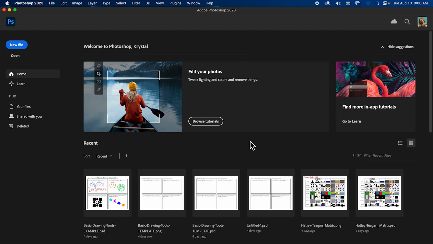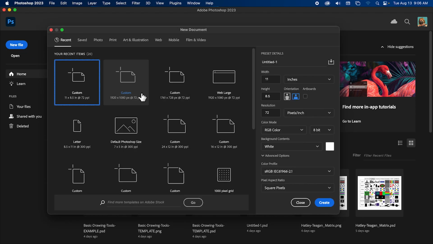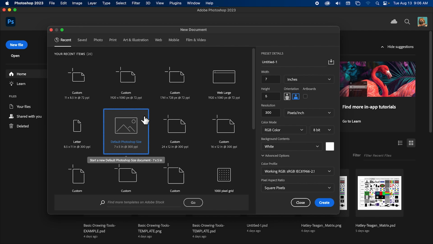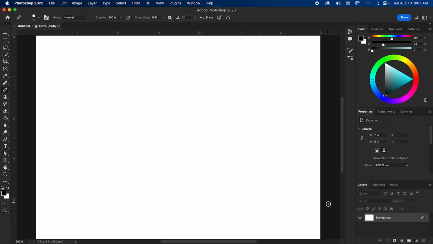All right, class. I would like to briefly go over some of Adobe Photoshop's UI, or user interface, before we get started with any of our more complex things. So I'm going to go ahead and just make a new file. All the default custom things, none of this really matters at the moment. We're just going to be looking at the user interface.